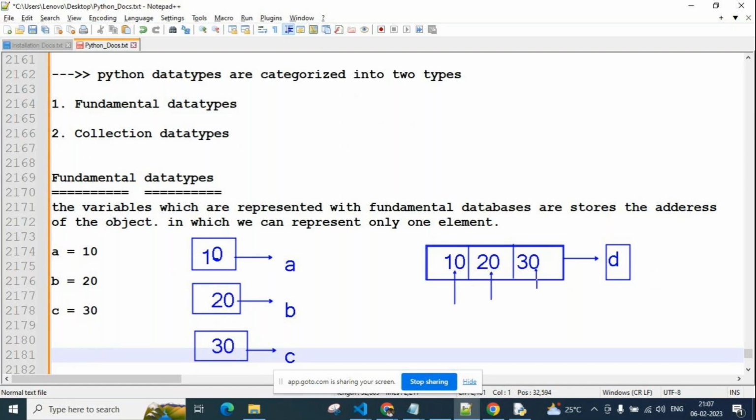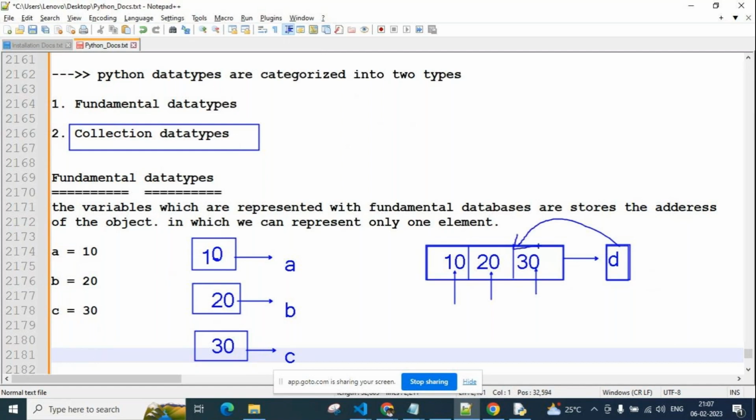Okay, so if we want to maintain some group of values or some collection of values in a single memory, that is nothing but a collection data type. This variable is nothing but one data type. Okay, collection data type. Using this collection data type, we are maintaining the group of values.